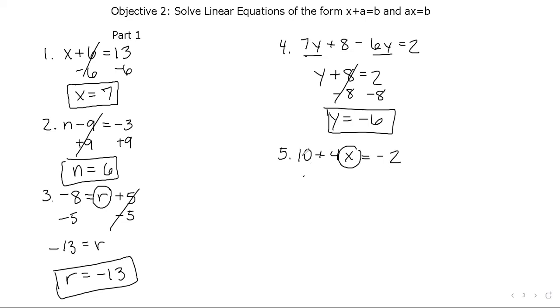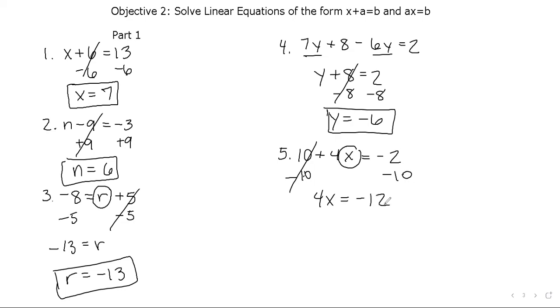So this 10 is positive, and we know it's positive because it's not a negative sign in front of it. So to do the opposite of a positive 10, we're going to do a negative 10, okay? We're going to bring down the 4x, and negative 2 minus 10, or negative 2 plus negative 10,